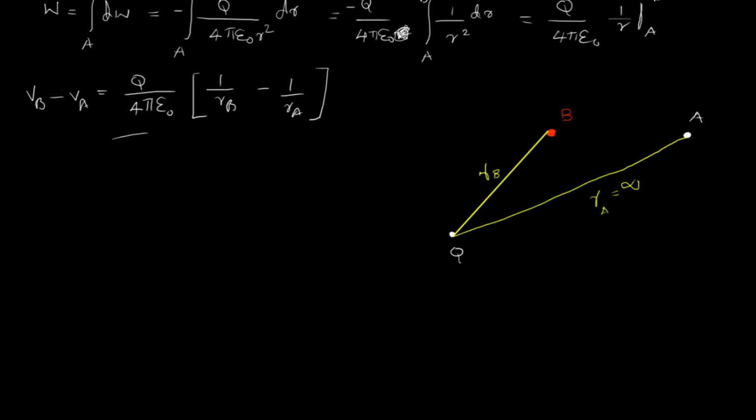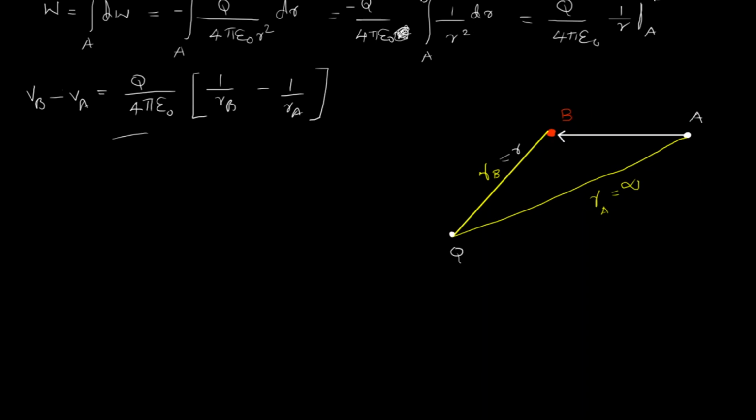Now I have only one distance to be measured, that is RB. And what I am doing is bringing this charge, whichever we have discussed, a unit positive charge from A to B. That is the work we are doing. So here also it doesn't change. I am trying to bring a unit positive charge from A, which is at infinity, to the point B. So the total expression remains the same, because this is what we have calculated. So this expression holds good. The only distance which I need to measure here is RB, which can be written as R also, doesn't matter.